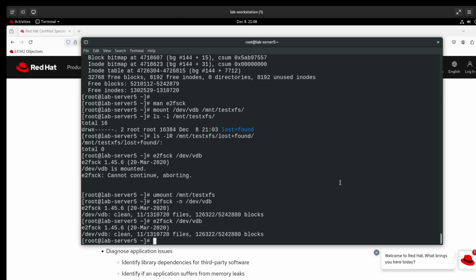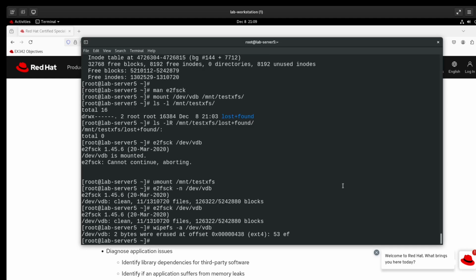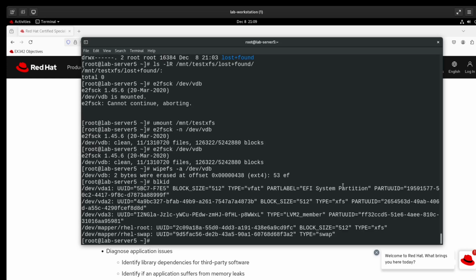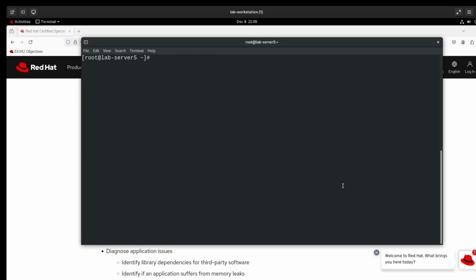So let's see if I can remember how to do the Stratis thing. First I'm going to do my wipefs -a on /dev/vdb. I'm going to get rid of any file signature stuff, and just curious if that's still there with blkid. No, it shouldn't be. Good, it's not. All right, so clear this. All right, so Stratis. I think I have to install it. So let me dnf install stratis